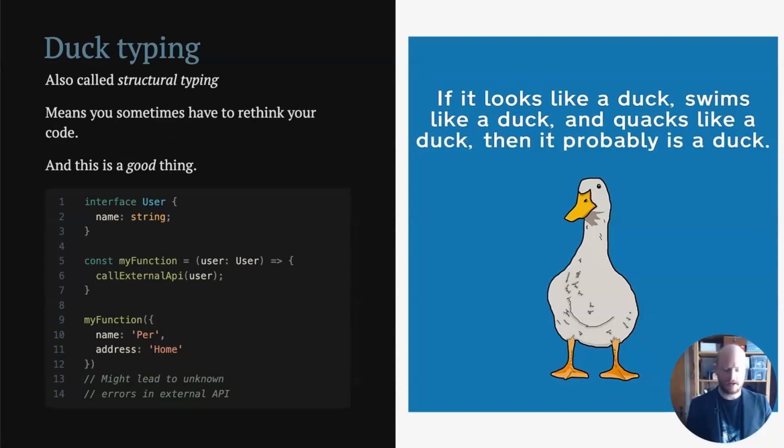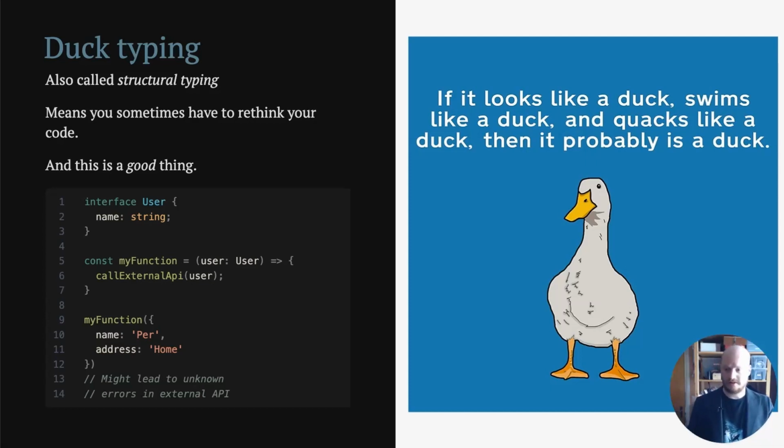An example we had in the Swish project recently was that if we just pass along the input parameters, in this case, let's say we pass it along to an external API, then we might get weird errors since we are not controlling the external API. TypeScript's type safety ends at the edge of the browser when it's calling to an API. So then we don't know what happens in there.